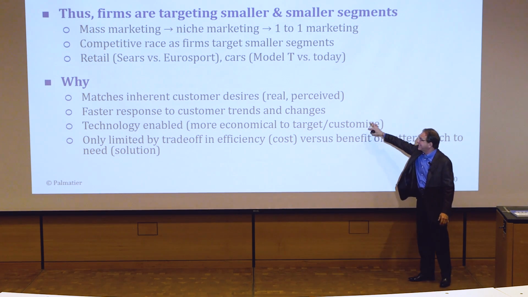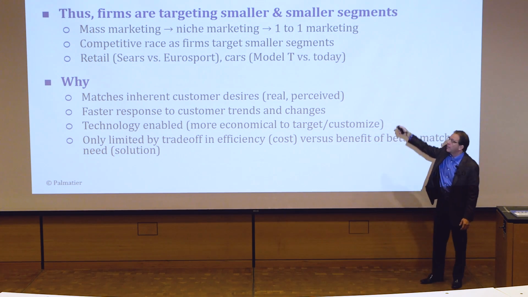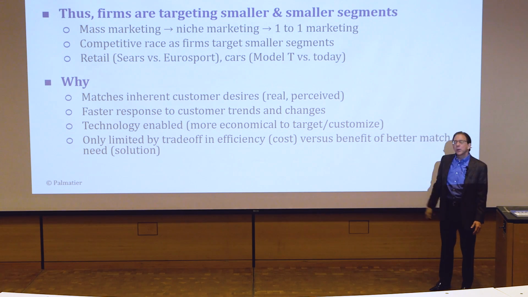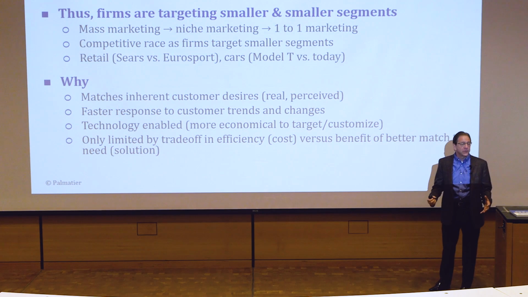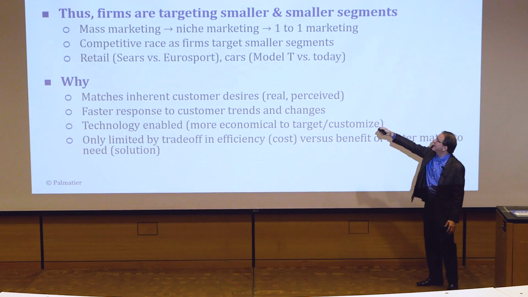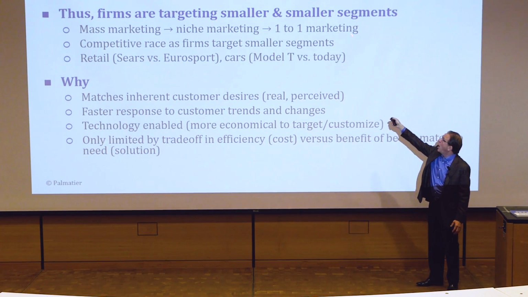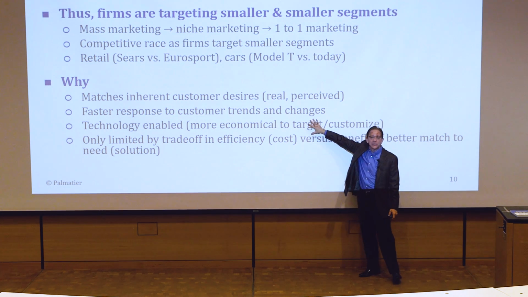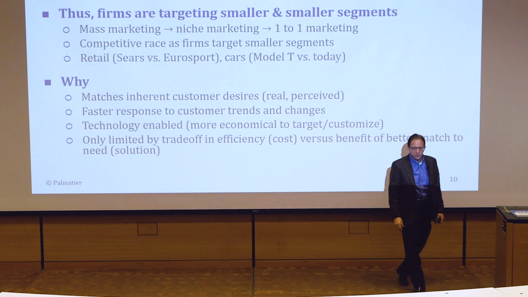Well, so we can see this technology is allowing one-to-one marketing to be successful. So what have we said? We've said, first principle one is all customers different. How do firms deal with it? They're dealing with it by segmenting smaller and smaller, ultimately to get the one-to-one marketing. And these are some of the reasons this is trending in that direction.